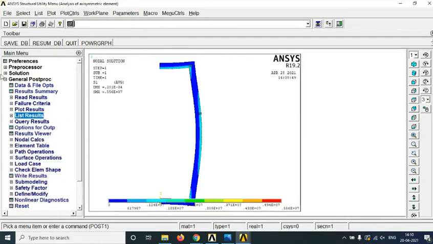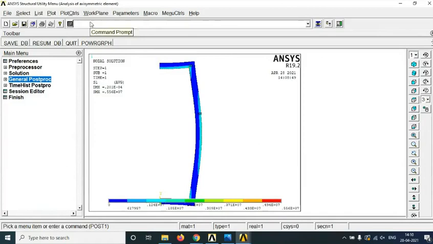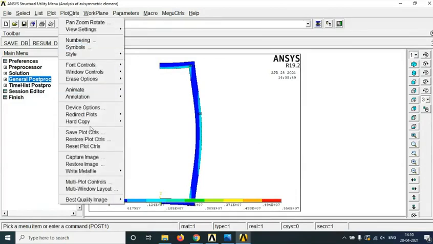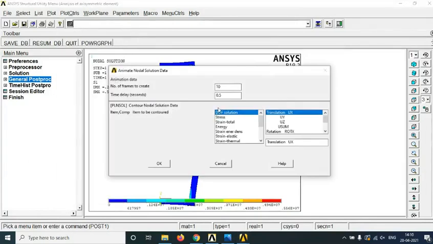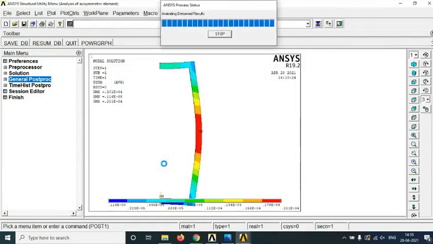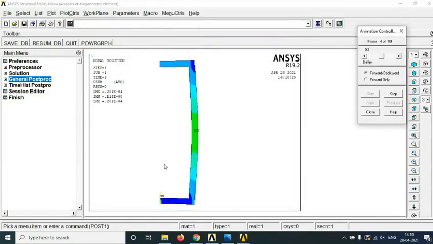Now finally everything is done. What we can do is see the animation of this. You go into Plot Controls, Animate, Deformed Results, and Deform in your direction of displacement. So this way your deformation of the axisymmetric element can be seen, how it was in the original position, and because of application of pressure up to its maximum extent, how it is being stressed can be easily seen in this. So this is all about your analysis of an axisymmetric object.